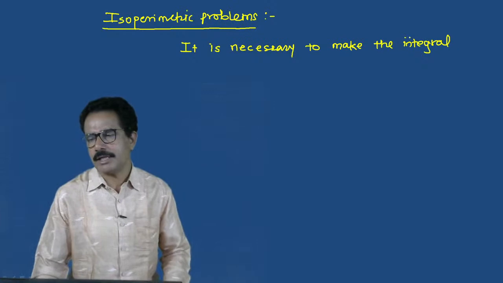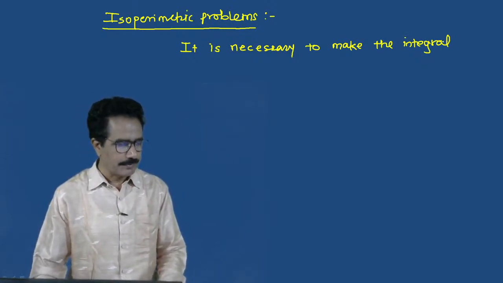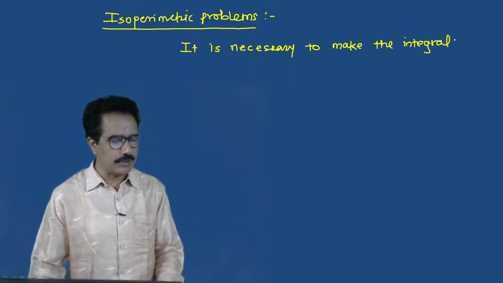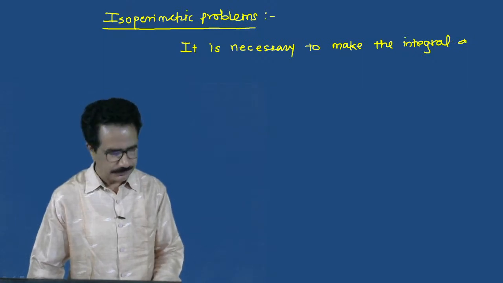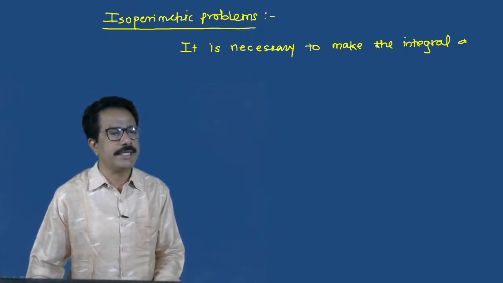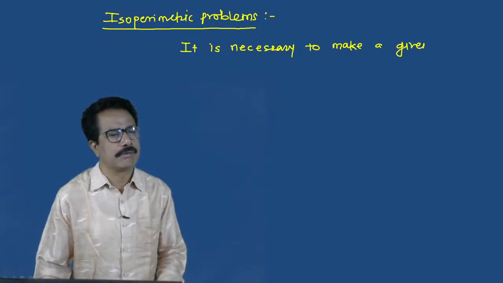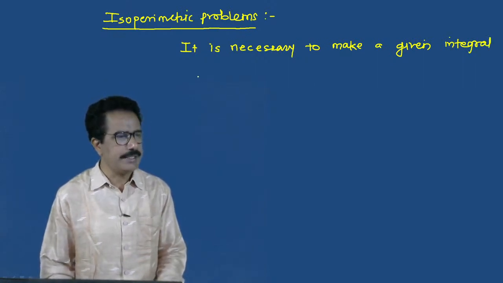These are the particular types of problems we have to discuss here. So in an isoperimetric problem, it is necessary to make a given integral I equal to